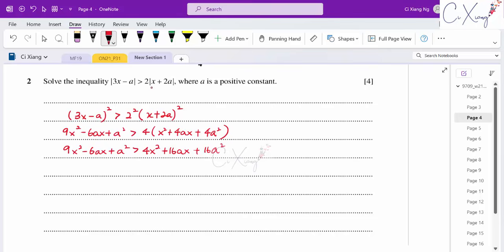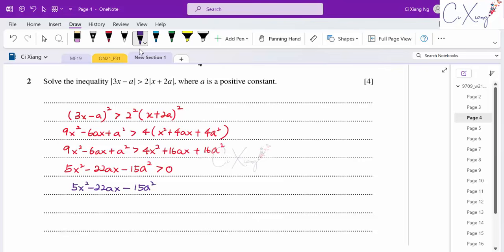Okay, so from here, if I group everything on the left, I'm having 5x squared, then minus 22ax, then minus 15a squared greater than 0. Okay, so before I can solve this inequality, I can see that we have the quadratic form on the left. To solve this inequality, I want to get the value of x first, which is a critical value. To get the value of x, I will let this quadratic equal to 0